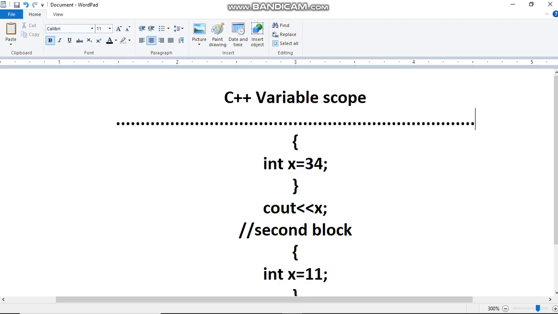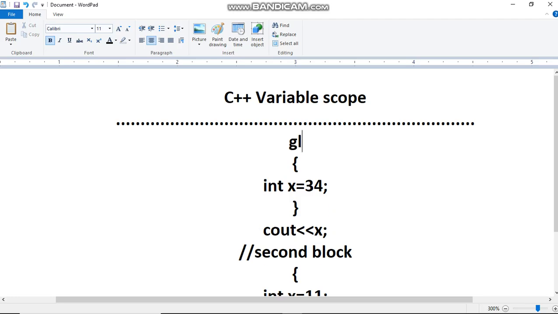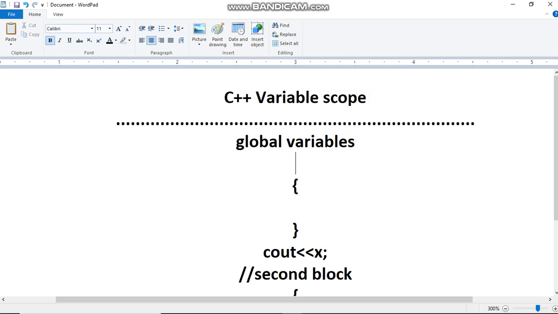Then we get the next class of variables, which are global variables. Global variables are those variables that can be accessed everywhere within a C++ program. So instead of declaring a variable x here, we can do it here. So int x is equal to 34, and if we try printing x here,